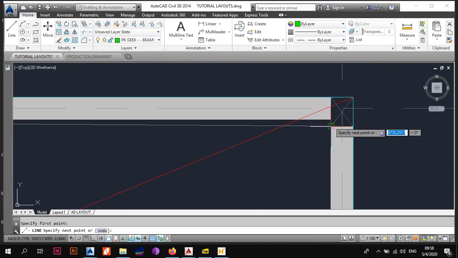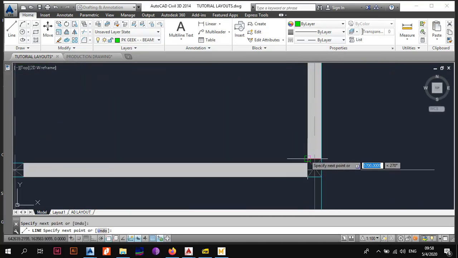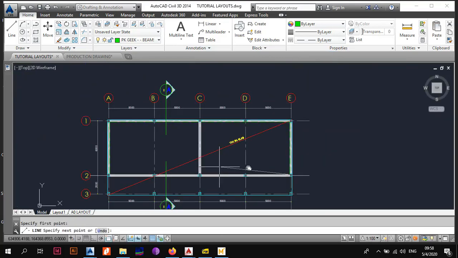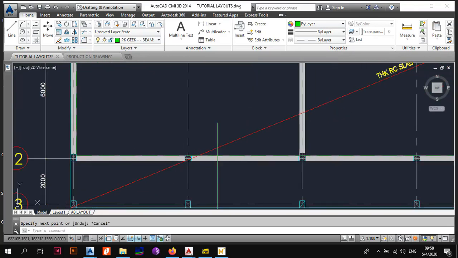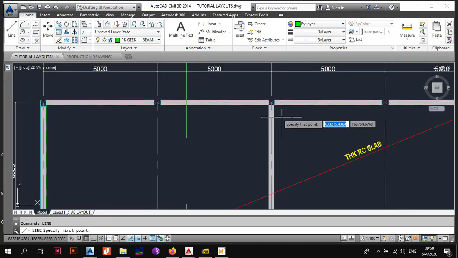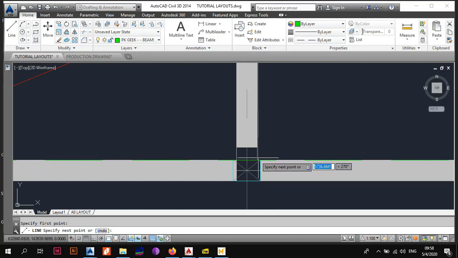This time I can just go all the way there. It's not a problem. Then we're going to place the beam line there as well. Then we're going to repeat, and then we can just go all the way to there, so that the line shows throughout the entire structure. And then we're also going to place our beam wherever we have our walls, we're going to place a beam above it, so that